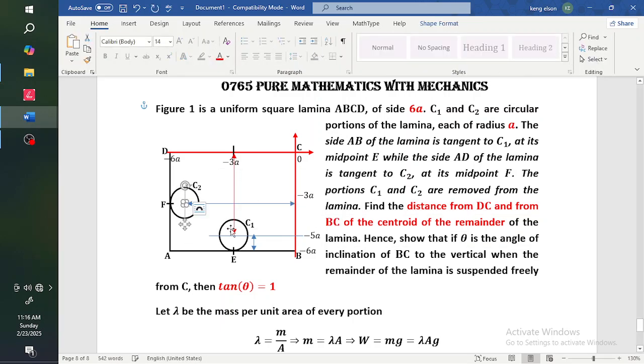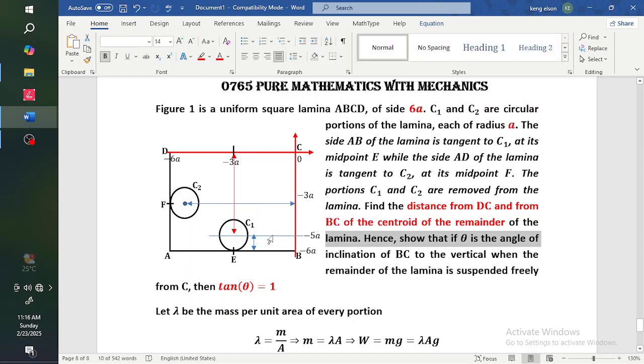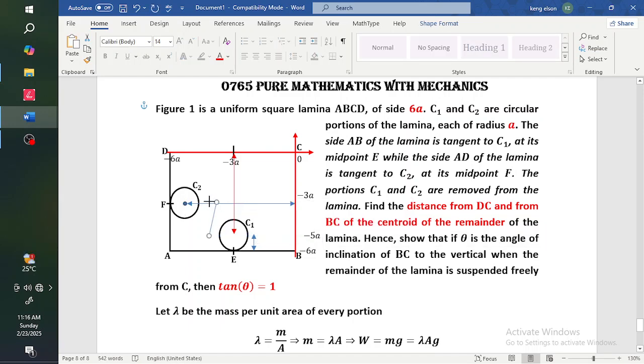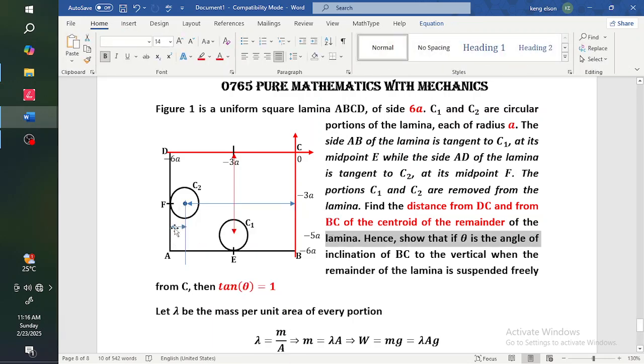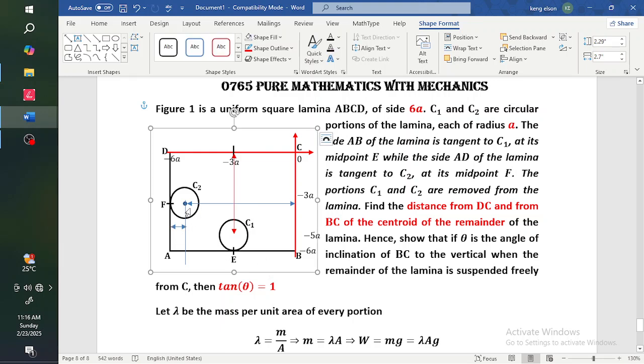So how do I get that distance? Now the first thing is that I know that if I put a vertical line here, this short distance, let me carry it to that portion. So this little distance here is the radius, which is small a. So this remaining distance here is going to be 5a, because the total length is 6a. We need the distance from the center of mass to BC. So this distance here is going to be 5a, but since it is to the left of BC,